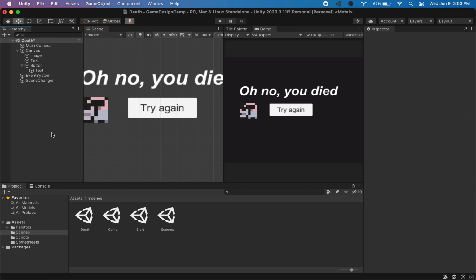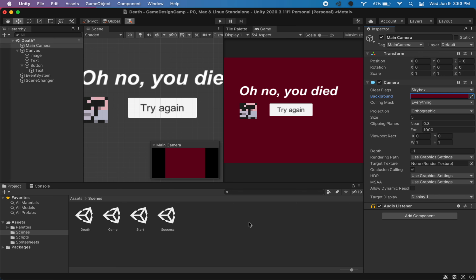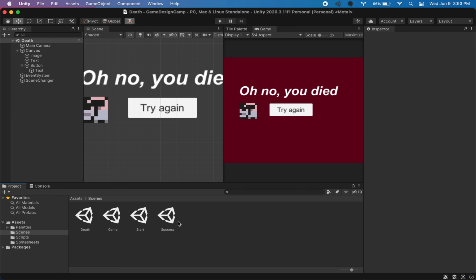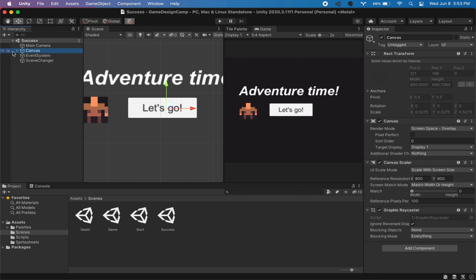And now we still want the button to go to the game scene, so we'll just leave that the way that it is. And maybe I'll change the background of the main camera to be like a red, you know, like a little bit intense color. Maybe, you know, you can figure it out. Oh no, you died. And I will save that,